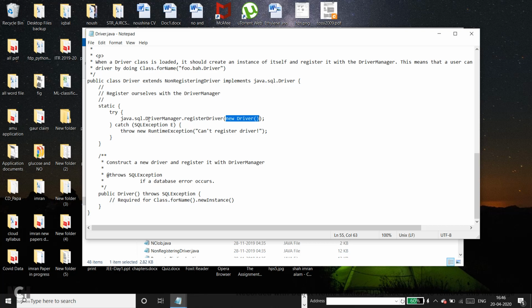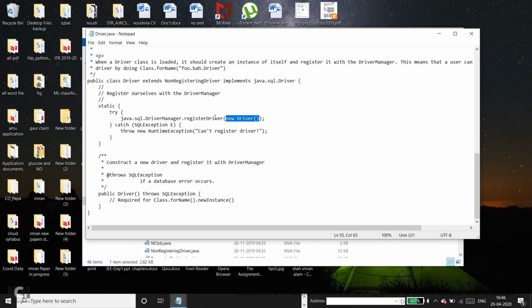The fully qualified name of the driver manager class is java.sql.DriverManager. So this particular piece of code is basically creating a new object of the same class in which the code is written and in which the static block is present, and then that particular object is being passed to the registered driver method of the driver manager class.